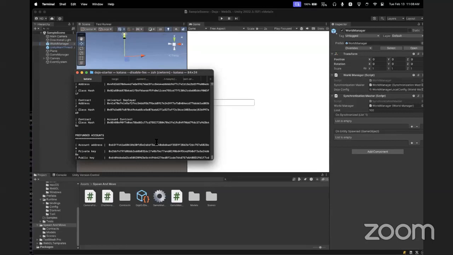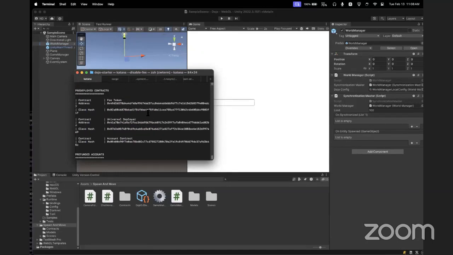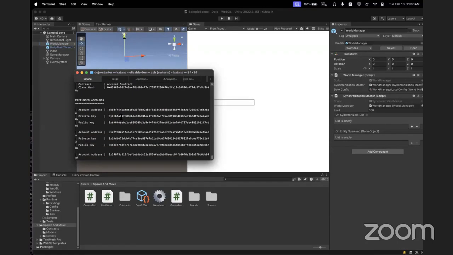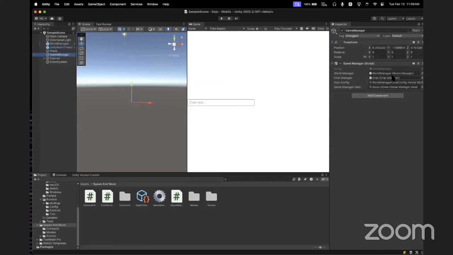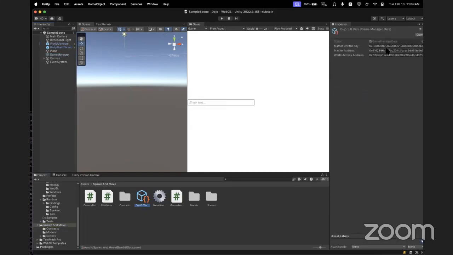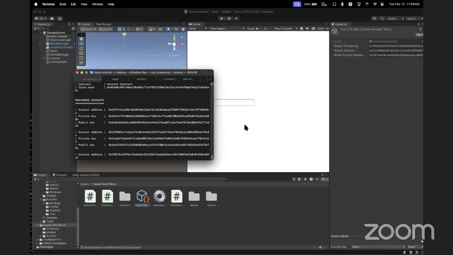We see that we have a lot of accounts, and we are using one of the accounts here to do the transactions in the game. So if I go into my game manager game object, into the config, I can supply my account. I just take the address. I think it should be the same. Oh no, it's not the same actually. So I need to update this